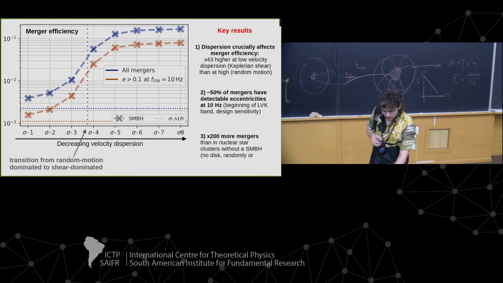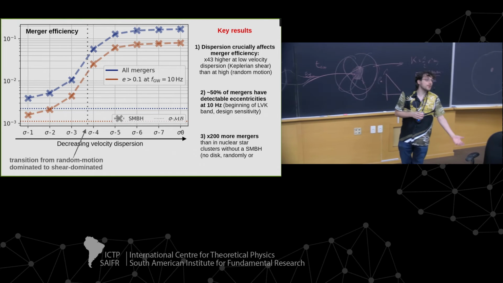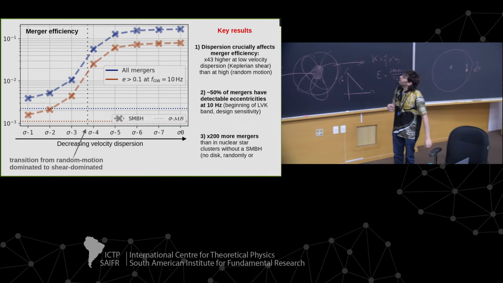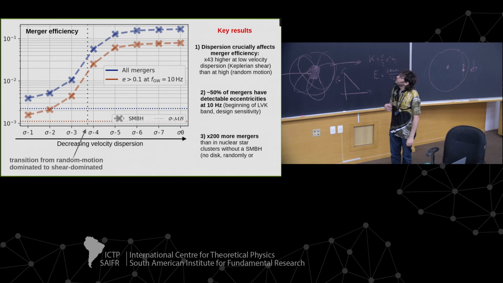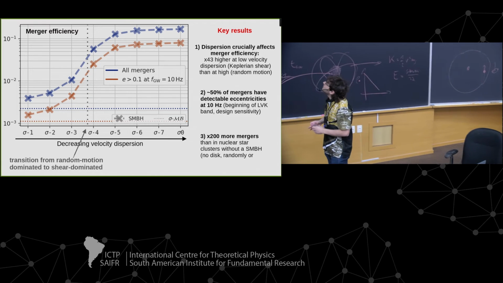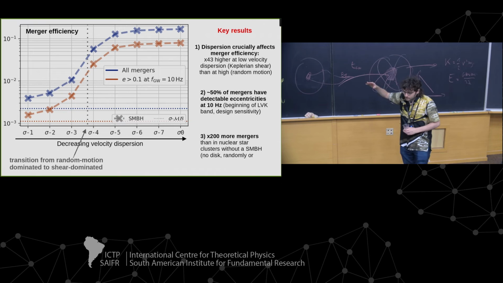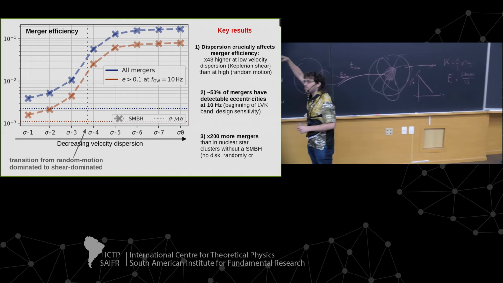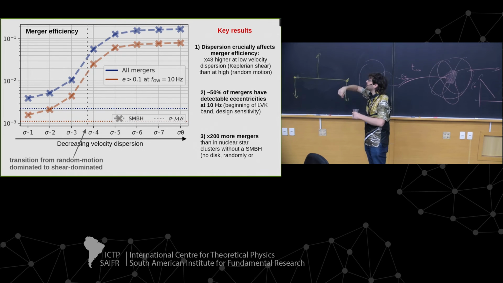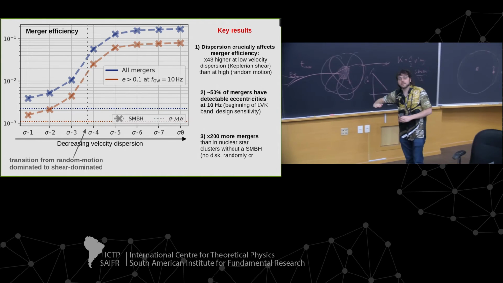No. So eventually, what you can measure is the merger efficiency of these kinds of interactions, and also the amount of eccentric mergers. Because one key result from this scenario is that you can have a lot of eccentric mergers. And what you see here is basically the merger efficiency as a function of velocity dispersion. And this is a disk that is very puffy, very inclined, with very eccentric orbits. And here is a completely circular and coplanar disk.